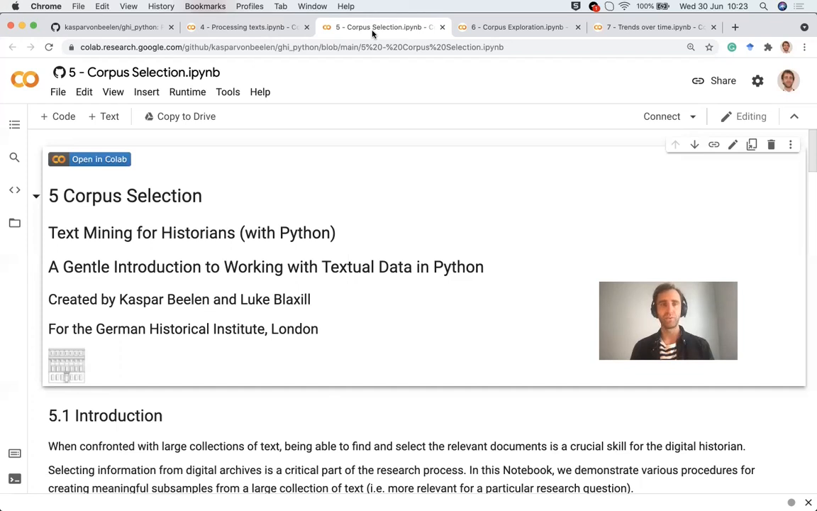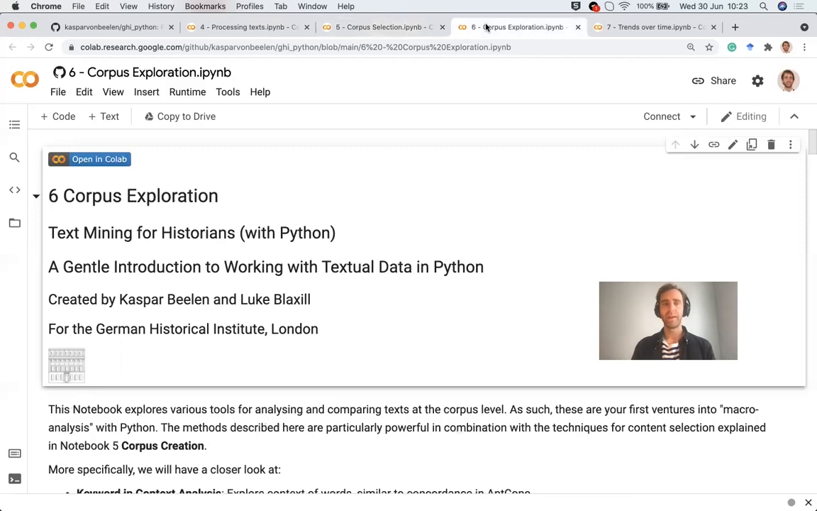So in this notebook, you learn how to create a corpus, or better, create a subcorpus. And then once you have your data selected, you would like to explore it. And this is the topic of notebook 6, corpus exploration. Here we discuss a few techniques, and some we've already seen in nconc. These techniques allow you to investigate your data a bit more closely or more from a distance. So you learn how to do keyword and context search with Python, but also how to compute